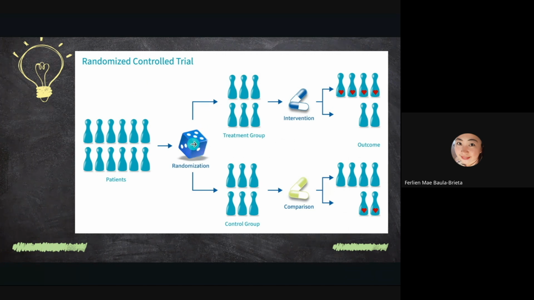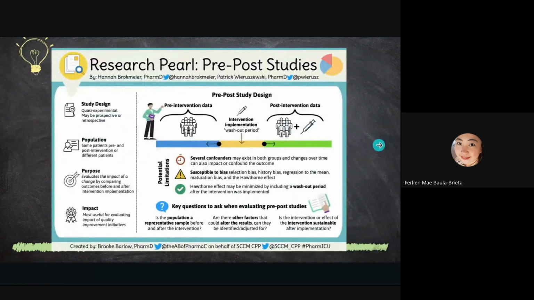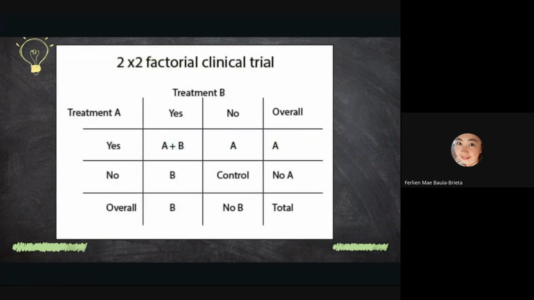After randomization, the grid is employed here. That is one example of the fine print that I have mentioned, no? In order to determine who receives what. So you call it a 2 by 2 factorial clinical trial. Okay, the 2 by 2 factorial clinical trial is the simplest one.